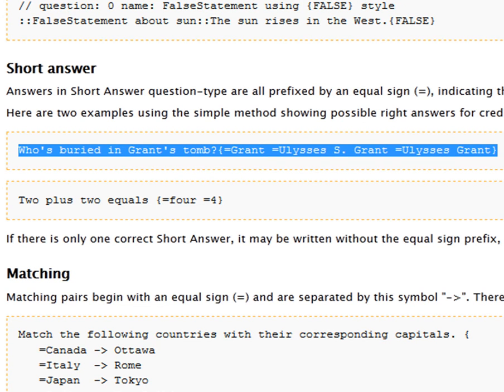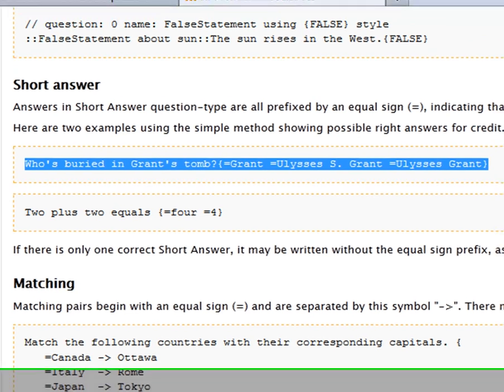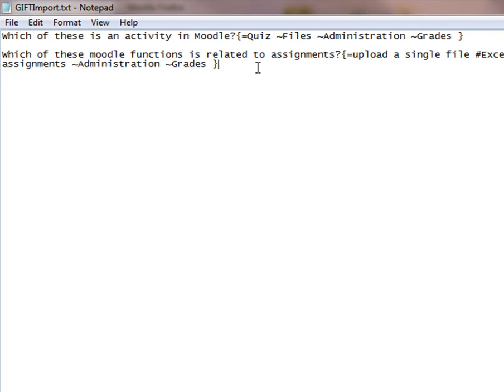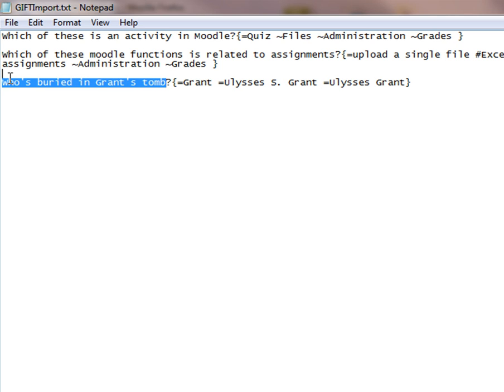So I'm going to copy this across again into my notepad file. And we'll keep the other 2 in there because we'll delete and we'll see all of them getting imported together. But I can paste that one in there. So who's buried in Grant's tomb? And these are the 3 correct answers. So I'm just going to put another question in there. So I'm going to say name a method of